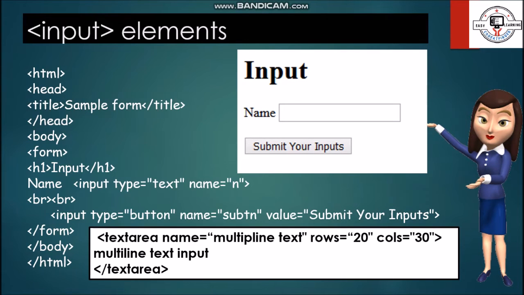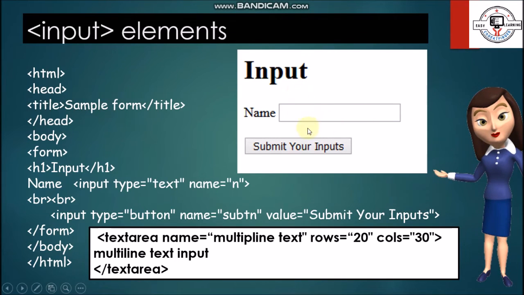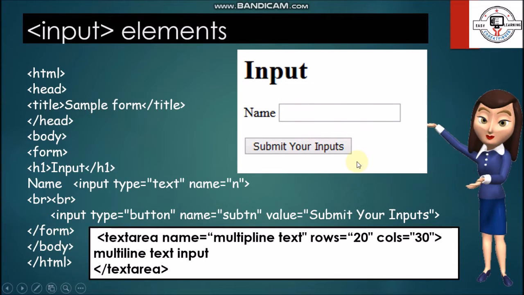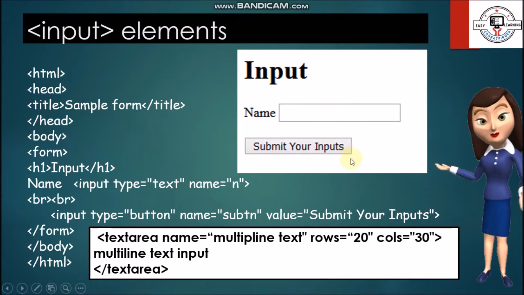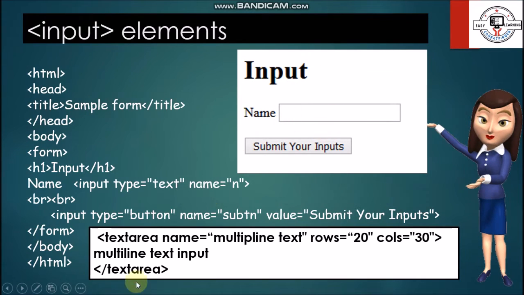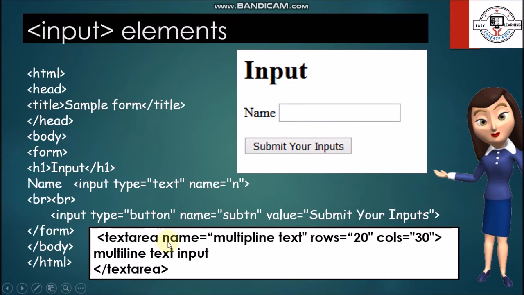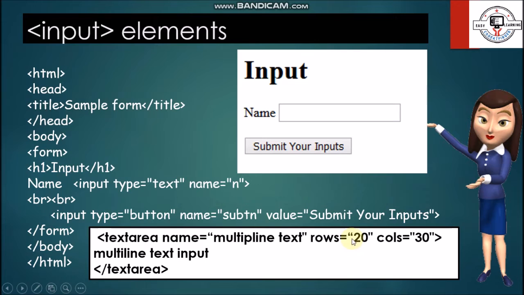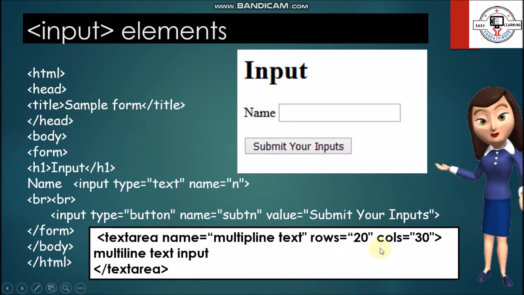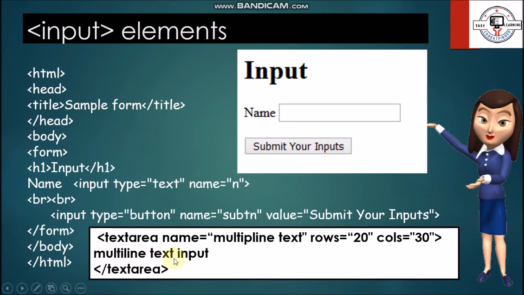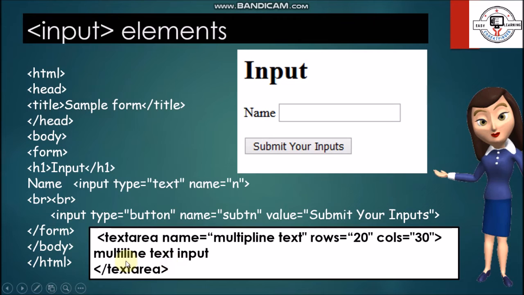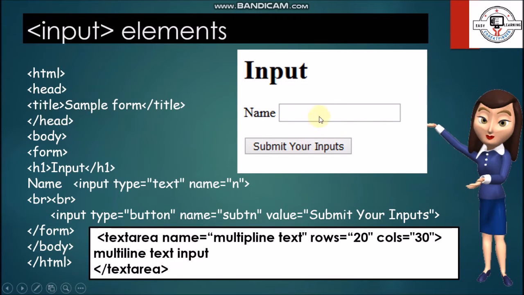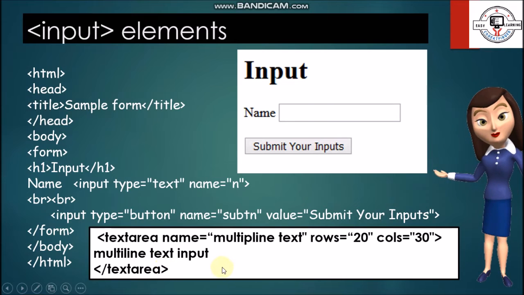Now this is a single line, and we are taking just a single line. If we want multiple lines, it can happen that we want the address. So for taking the address, we want more than one line. In that case, we have to use text area. This is also a tag. Name we have to take, and here two more attributes are there: rows and columns. By default it will display a multi-line text element, and whenever we input something on that, the default text will be removed automatically. In this way we can take multi-line text input also.